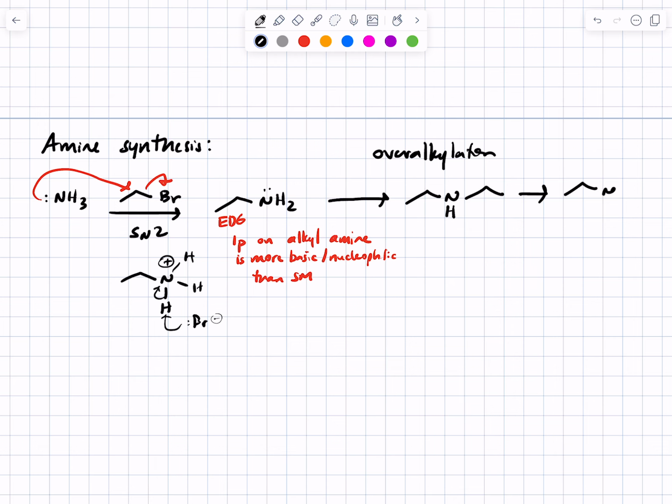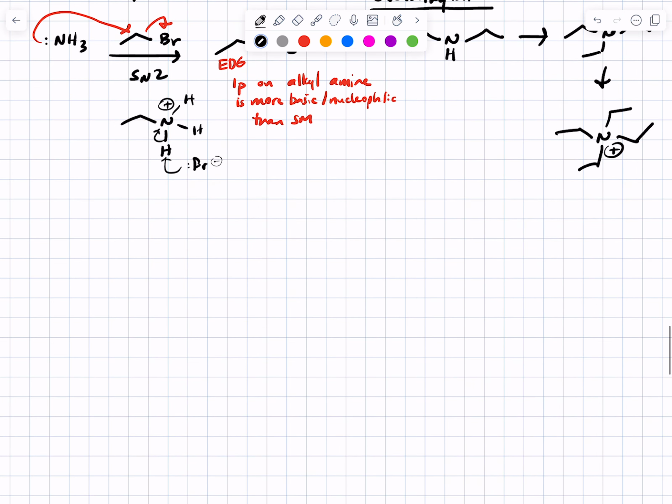Meaning you get some of the secondary amine, you get some of the tertiary amine, and you even make some of the quaternary amine in sort of an uncontrolled fashion. Over-alkylation is the problem with direct alkylation of amines. You might say, could I just use one equivalent and would that work? And the answer is it doesn't work very well. So organic chemists need a workaround because there are a lot of uses for primary amines in subsequent synthetic reactions. We need a reliable way to make primary amines without having to over-alkylate. So enter a new reaction called the Gabriel synthesis